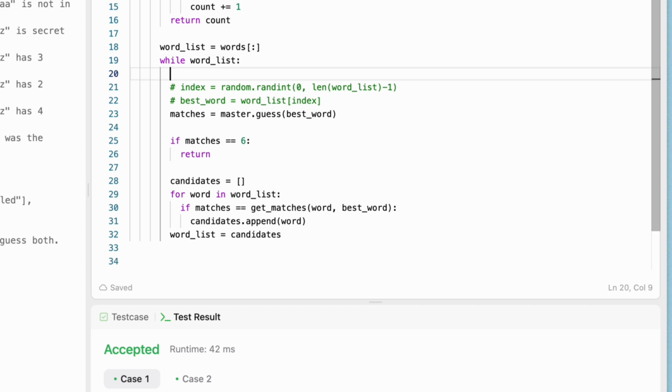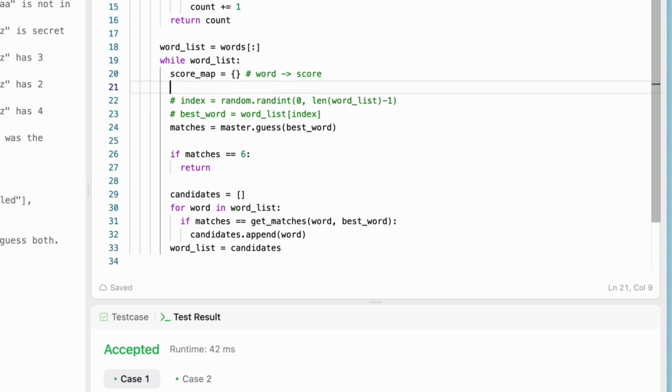Start from here. So I will keep a score map equal to a map, and this will be word to score, and we'll calculate this for each and every word in our word list. So for each word in word list,